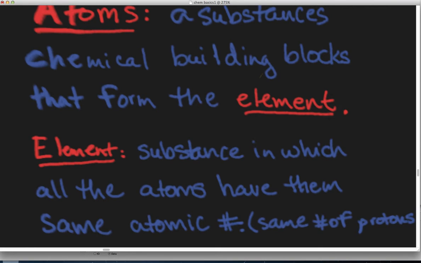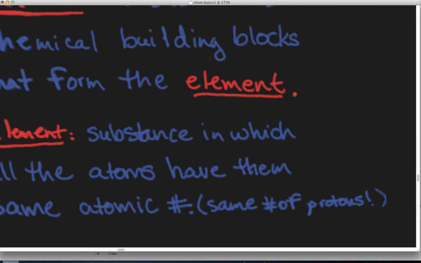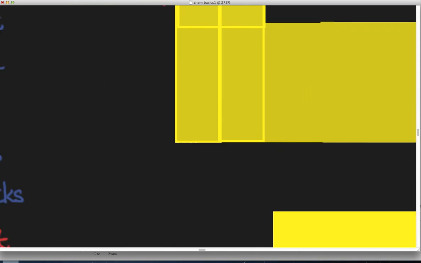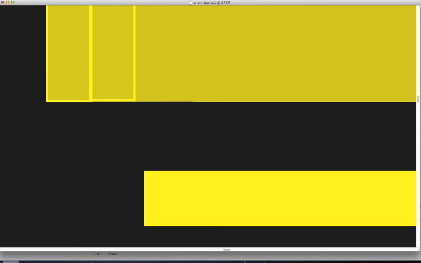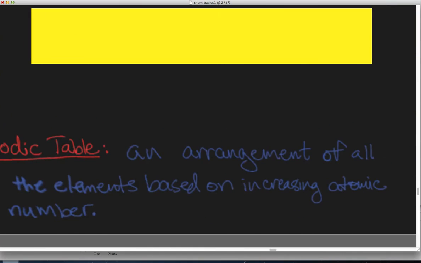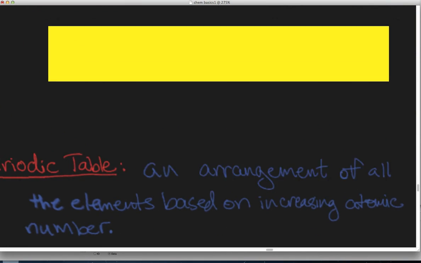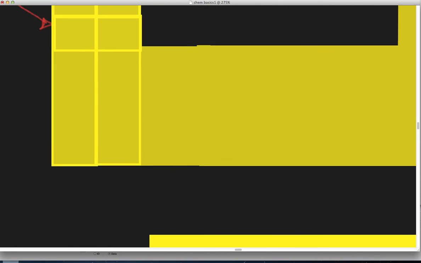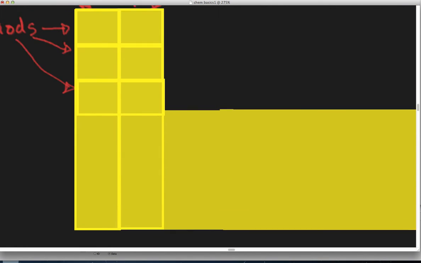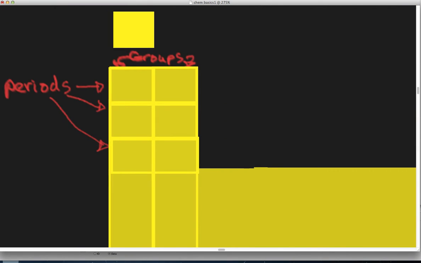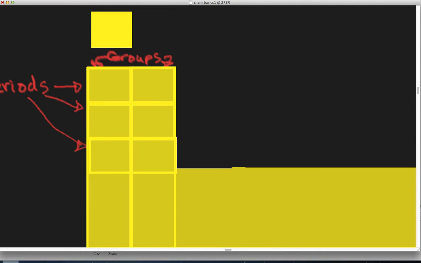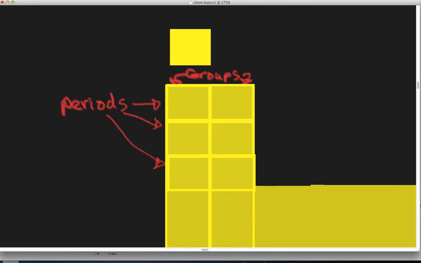So what do we have here? Well, a way to organize these elements is this wonderful periodic table, and it's an arrangement of all the elements based on increasing atomic numbers, and those are increasing in the period as you go left to right. The periods are the rows of your periodic table,